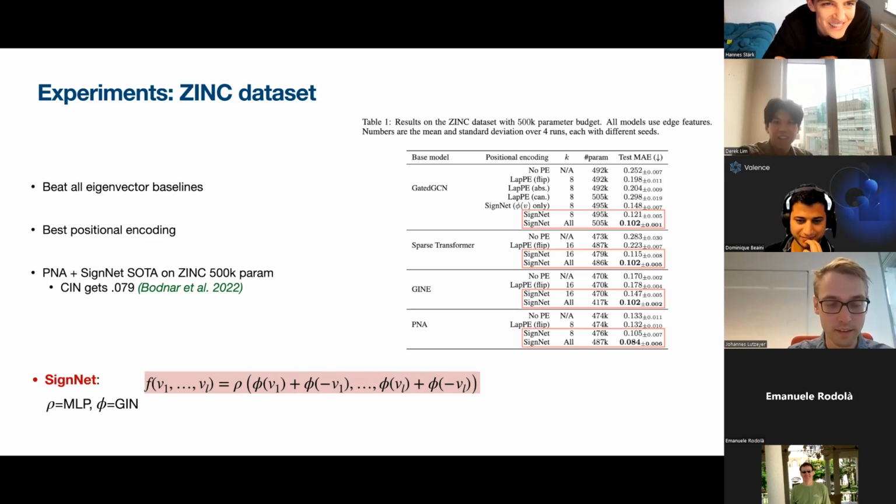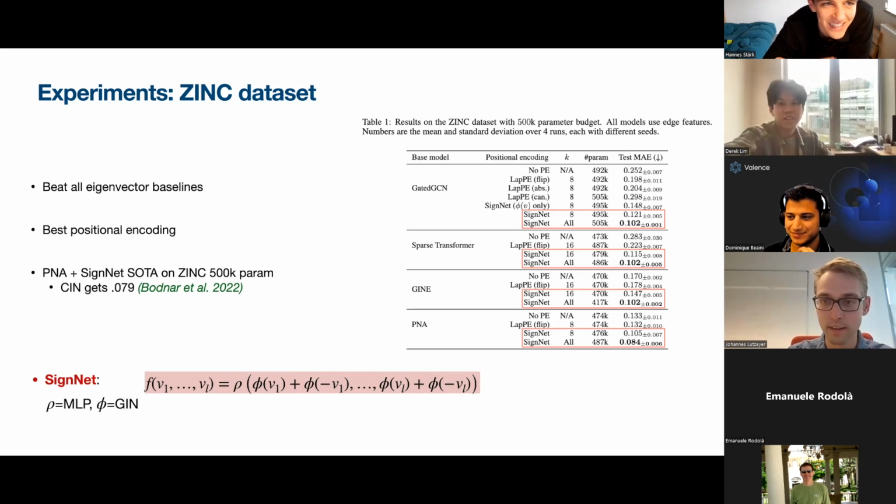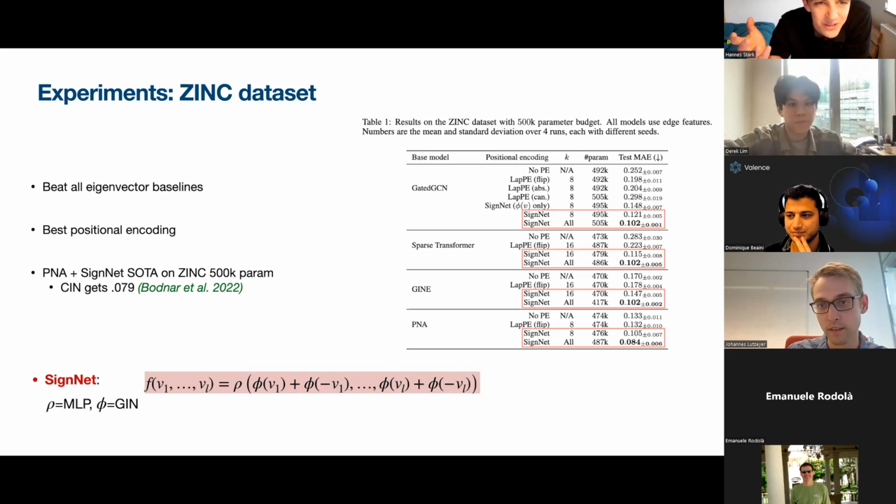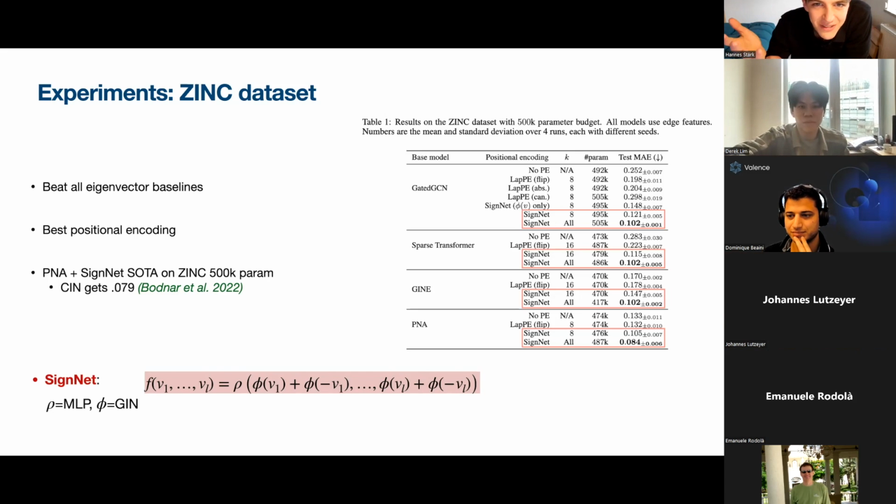talk about the ZINC dataset as well in the chat. I think just because you can compute something, it is not a useful task for the real world to solve, and we don't need a neural network to solve this task. But it is a good benchmark to test the expressivity or the capabilities of GNNs. Yeah, and that's the purpose of this benchmark. And it's still valuable to perform well on it, because we can hopefully think that we also perform well